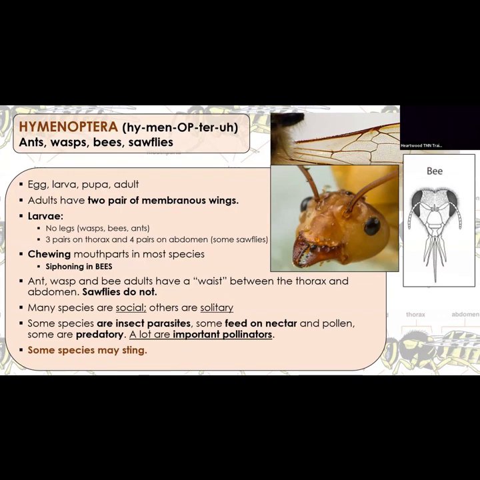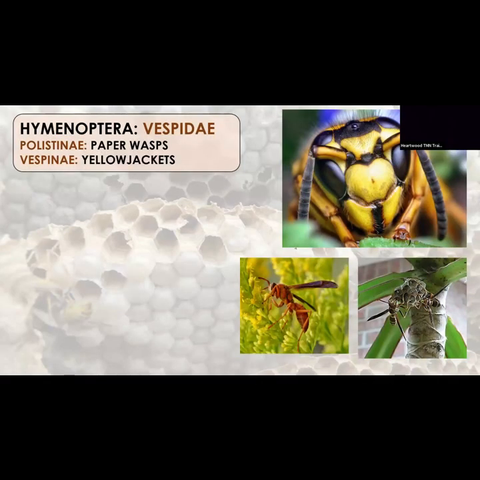Yes, it would. And that's under the family Mutillidae, as in cow killer, because they have a very mean sting. I mean, they look mean, and you can see that stinger. So yes, velvet ants fall under here. Some are insect parasites, which we use to our advantage. Some feed on nectar. A lot of them are important pollinators.